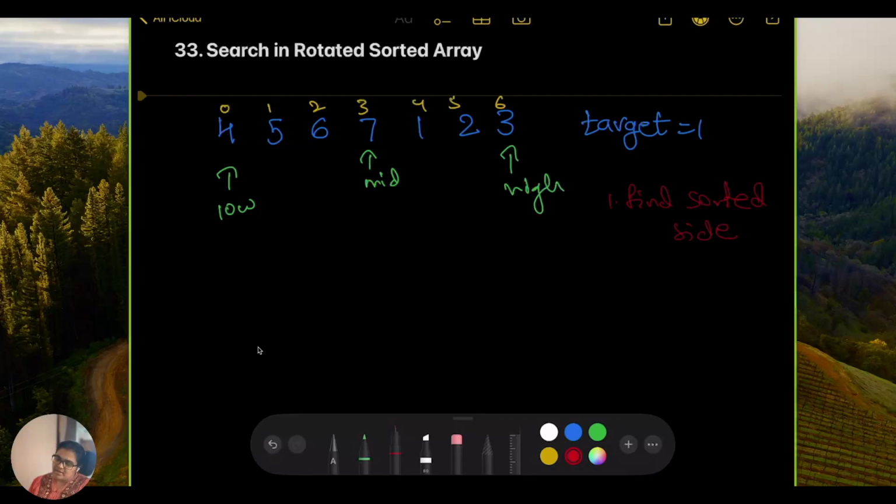Okay, and in that, check if the target exists. We have to find a sorted side, and in that side, if the target exists, since it is sorted, we can easily check the boundaries and figure out that our element is on that side. Let's say we found a sorted side and the target doesn't exist on that side, then our element will exist in